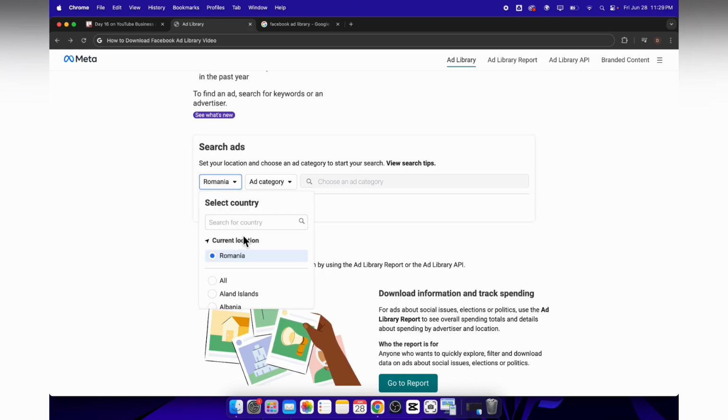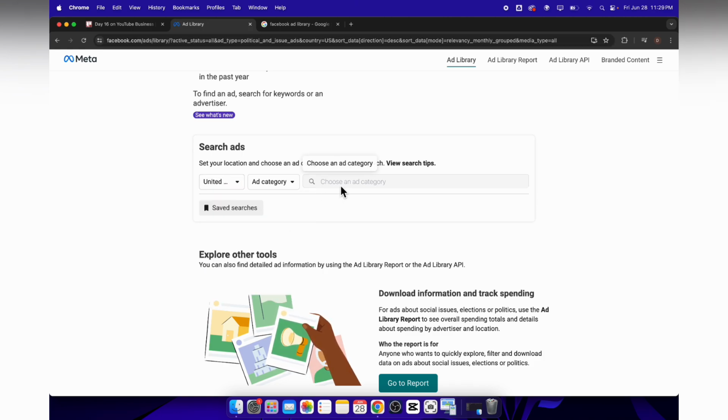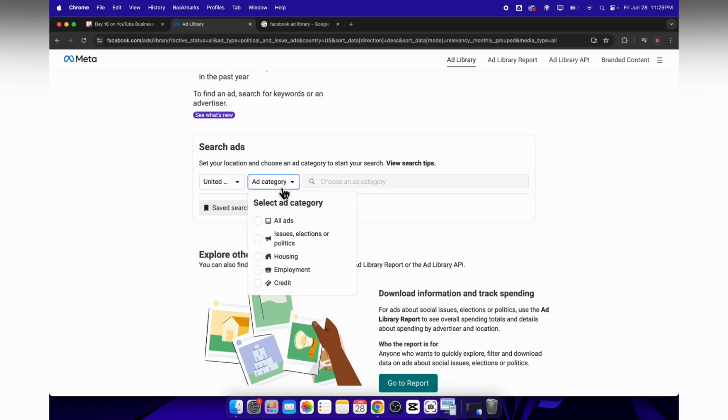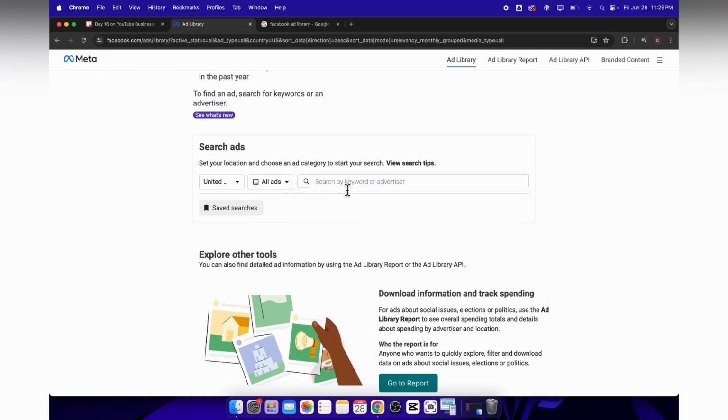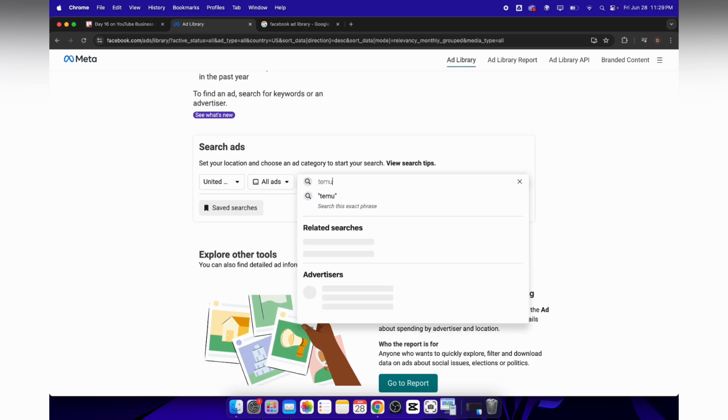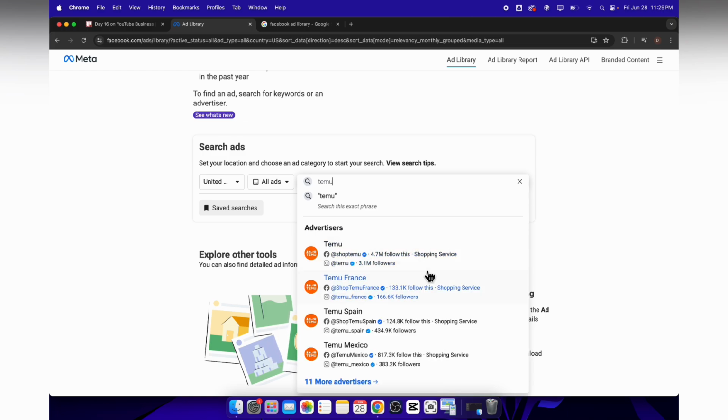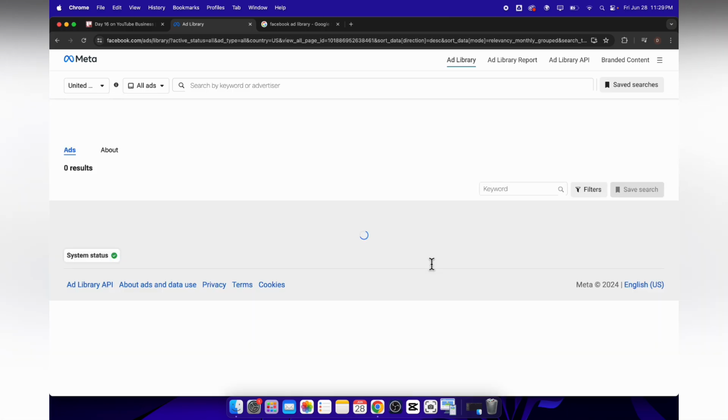So I'm gonna change to United States. So let's change to United States. And then what you're gonna have to do is simply select all ads, and then you're gonna have to simply search by keyword or advertiser. So I'm gonna search for Temu because they have a lot of ads, and then I'm gonna choose their main